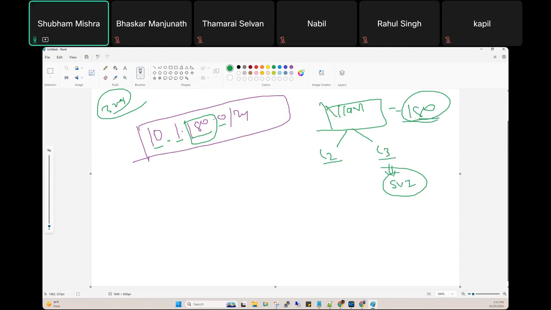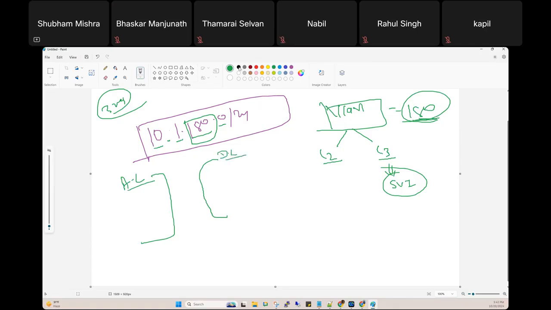So I told you there are two types of VLAN, L2 and L3. Now tell me one thing. As I told you in the class, in most companies there is an architecture: for example, the access layer, and then there will be a distribution layer.